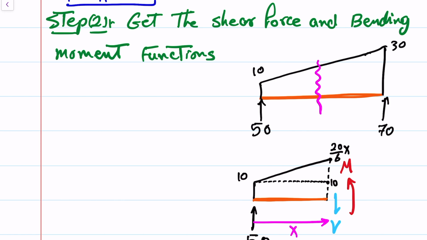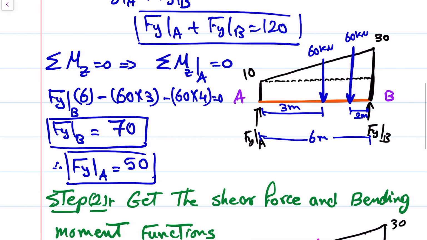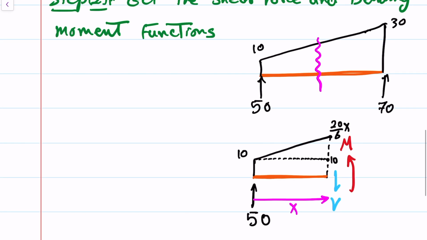Okay, always you will take the 20, which is this height, okay, over the length, 6, times the distance, which in this case is x. Okay, this will give you the new height here. Okay, so